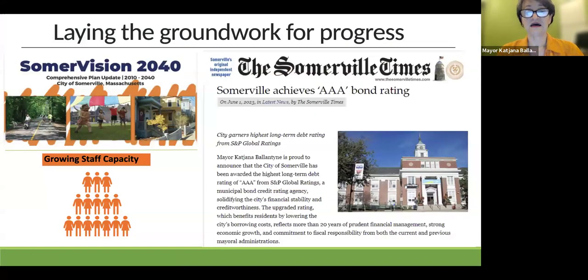We've planned ahead to build up our revenue streams and completed years of visioning and planning. We've been smart to bring in community-driven development that creates new tax revenue to fund our needs. We've also improved our bond rating. Strong fiscal management is a central focus of my administration, and that goes hand in hand with making infrastructure projects possible. And last year, the city of Somerville earned a AAA bond rating for the first time ever in its history. And that saves us money by lowering our interest rates on borrowing.